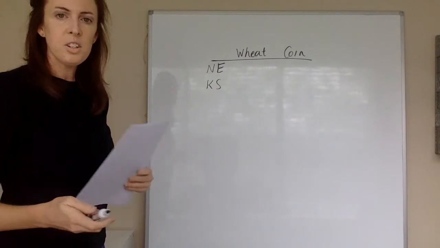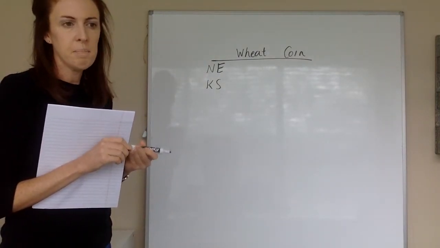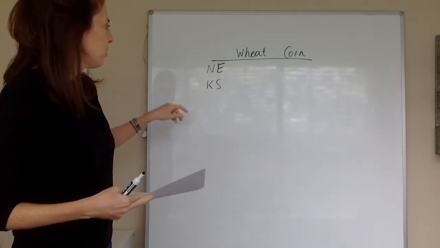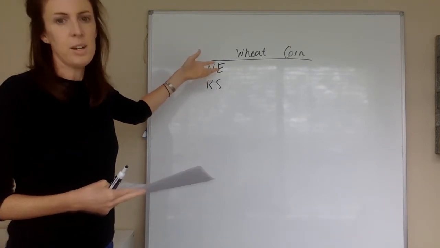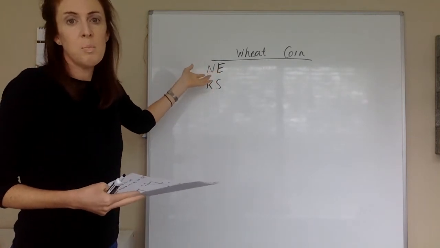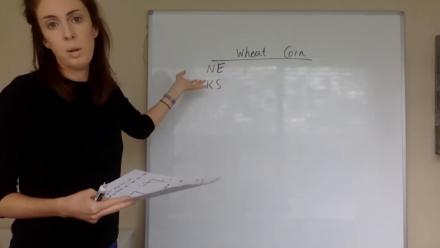Okay, so let's just think about the output that comes out of each state every year, or what could potentially come out of each state every year. So the land in Kansas and Nebraska is a little bit different. So the soils aren't quite suited to all of the exact same crops. But both states could use their resources to make either wheat or corn.